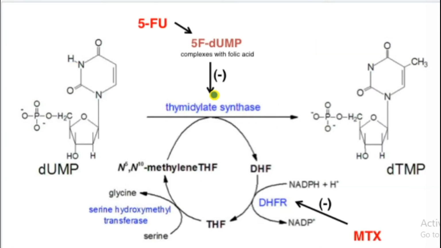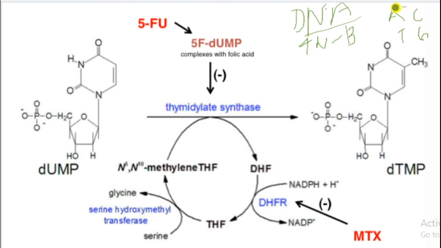So we need to understand the basic process that occurs in the cell, and we know DNA is made up of what? Phosphate group, pentose sugar, and nitrogen bases. We have four nitrogen bases in DNA. What are they? Who can tell me? Yes, that's correct: adenine, thymine, cytosine, guanine.